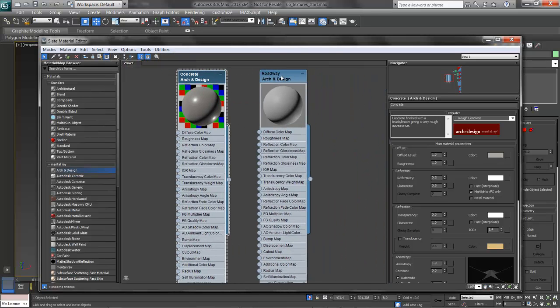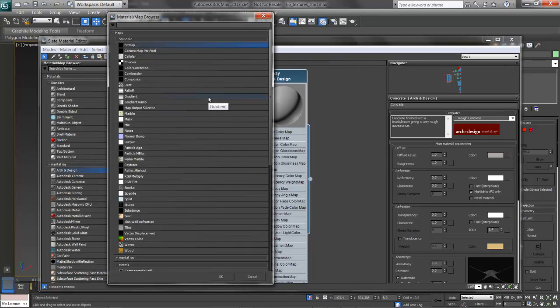Now for the roadway. Once I've gone as far as I can with a solid color material, and believe me, you can get pretty far, I'll add in maps, textures, images that are part of a material that define how it looks, and we've got lots of different places we can define it, as we can see from the available slots. For this though, I've made a color map or a diffuse map we're going to use to make it look like roadway. What I'll do is I'll click on the slot or the small square next to the color,